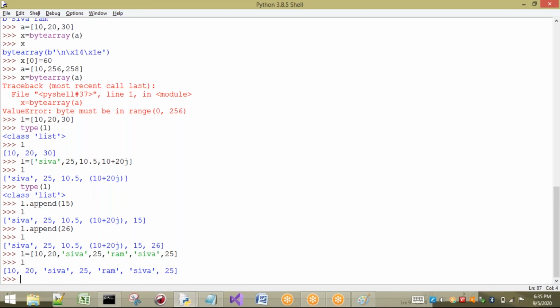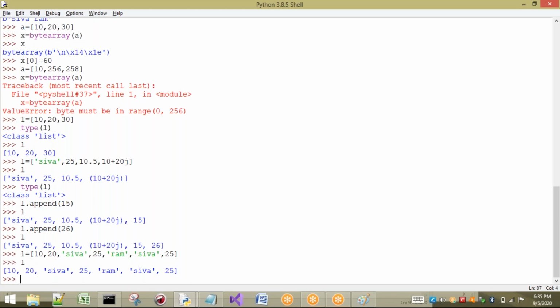That means, if you want to store the data where duplicates are needed, then better go for the list data type. If you want to store int type of data, where do we have to go? Int data type. If you want to store floating point numbers, better go for float data type. In the same way, if you want to store complex numbers, we have to go for complex. If you want to store string type, that means a group of characters, then I have to go for string data type.